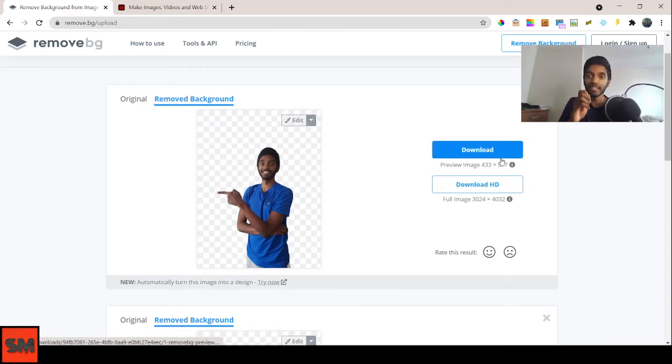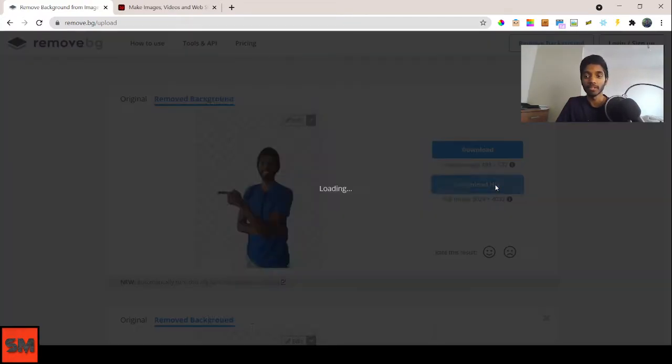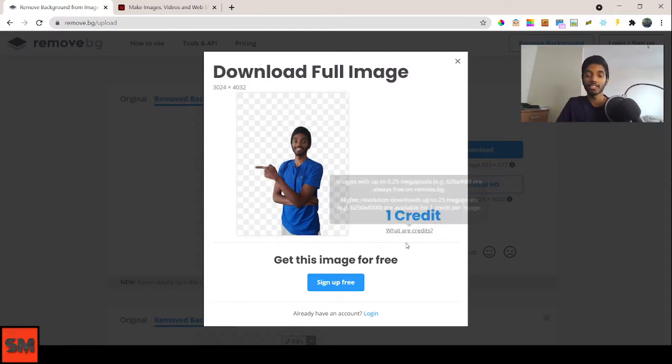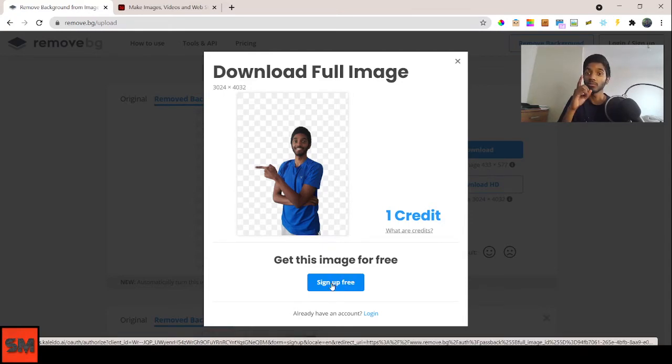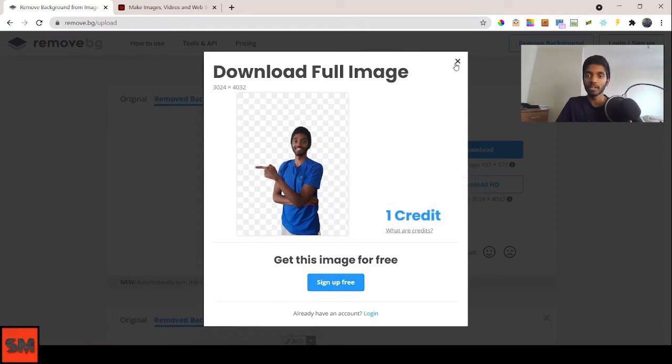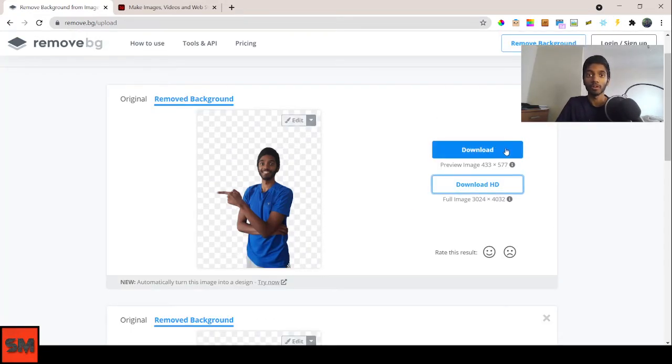And this is where the credits, which I mentioned first, come into play. If you click on download HD, the quality is absolutely crisp, so it's absolutely amazing. But as you can see, I have one credit remaining. Therefore, if I sign up for free, I will get this one credit and I can download it. But after you do so, I don't think you'll have any more credits. So then you'll just have to download the normal version. But I will say that the quality for the normal version is also really good, so you don't have to worry about it. So just sign up for a few accounts so that you can download the HD version itself. And then you can just reuse these pictures.